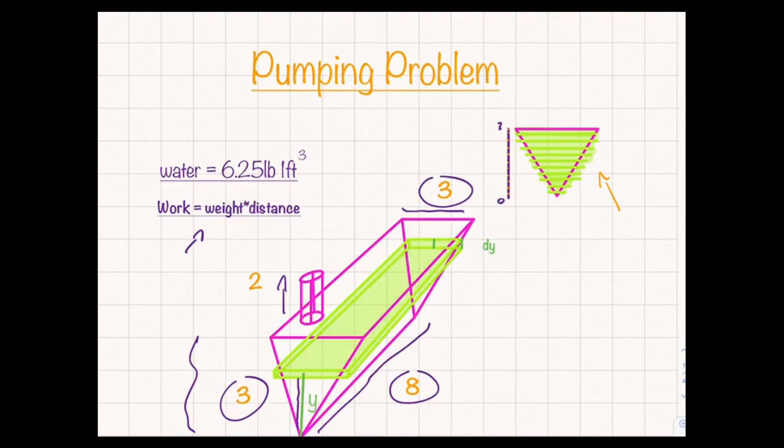Please bear with me. I'm thinking about this as taking the face of this triangle and chopping it up into infinitely many, and I'm just going to make this not a perfectly straight line there, infinitely many of these infinitely thin slices. So this thing here would correspond to this thing that I'm looking at there, and then use the integral to add them all up. So that's the first thing that I'm noticing, is that I'm going to have to integrate